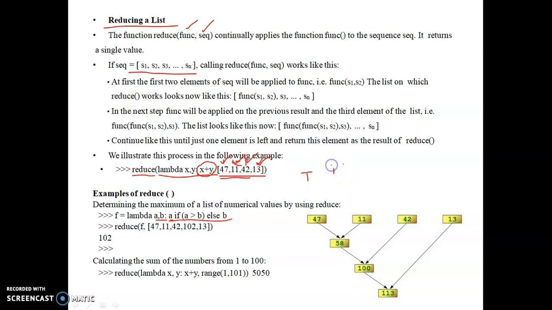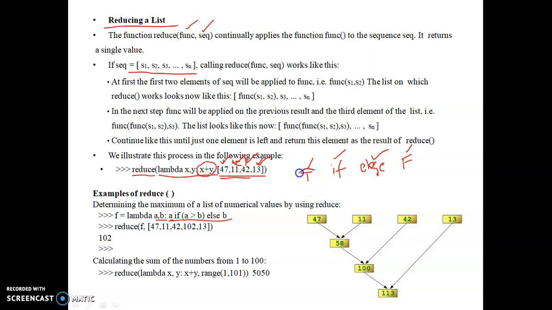Then the if condition, then we write the else, then the false statement. Okay, first is the true statement, then the if condition, else, the false statement.